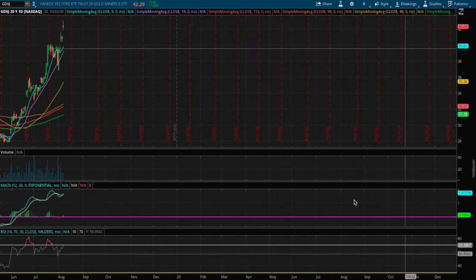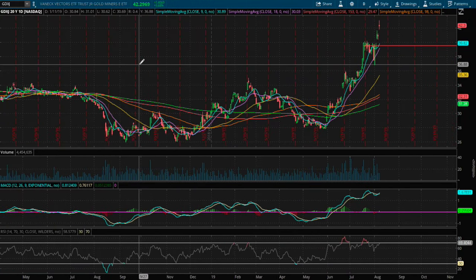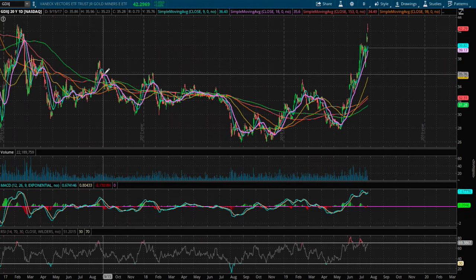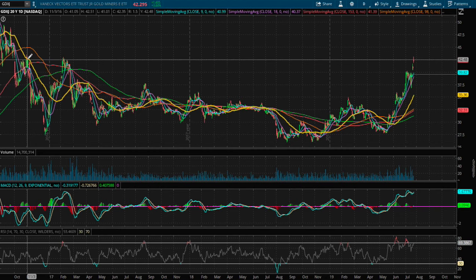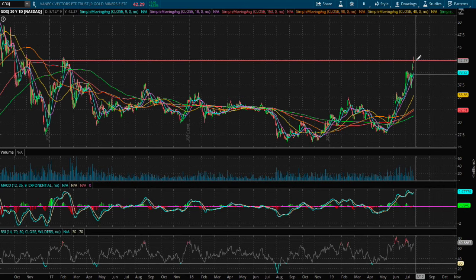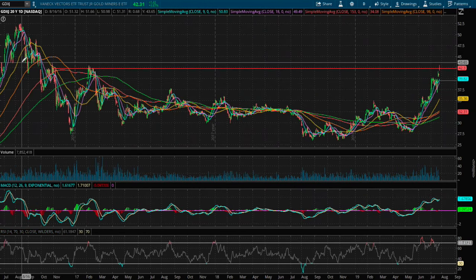And as for resistance, I'm looking at resistance that dates back to multi-year highs. So I see we are at current resistance at the moment. We see a peak in November 16 and in, I would say, February 17, 2017, and this one is in November 2016. So we are at resistance, but if we do push on higher, the next resistance will be at this price range of